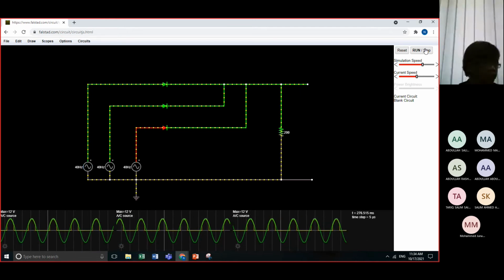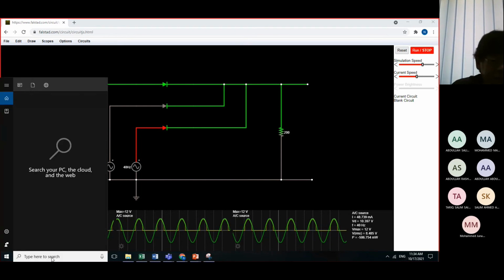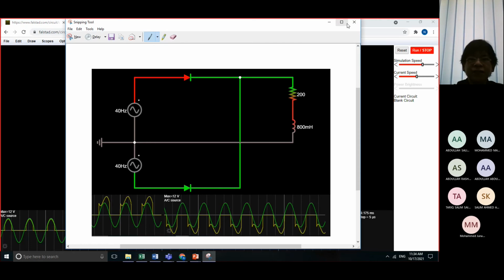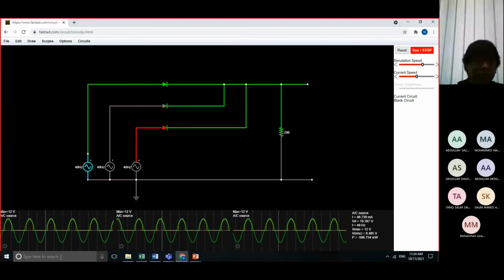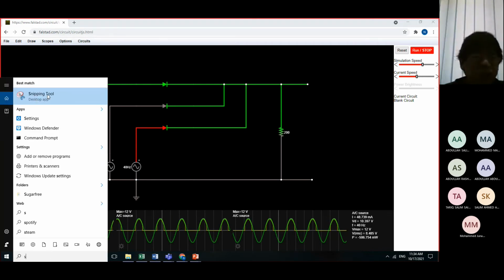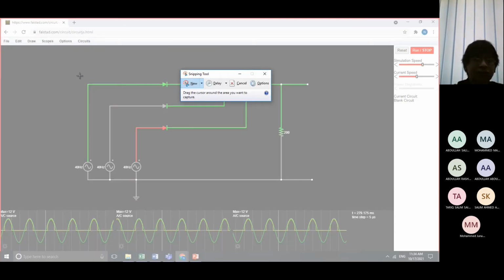Then stop. Okay, stop. Then I will go again to the snipping tool. Okay, so this is the previous one. Okay, then I will cut because this is my task. Okay, new, and then cut.